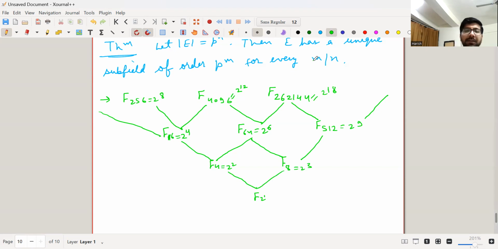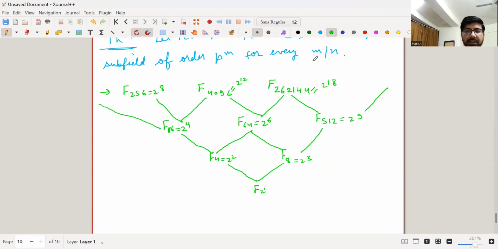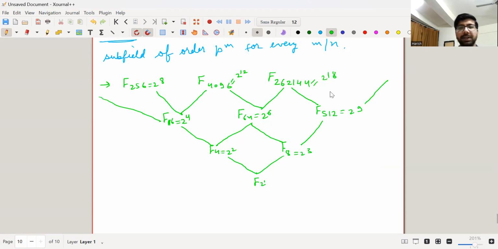So this is a tower of fields, you can say. And so if you ask what are the subfields of F2 raised to 18, that is a very big number,